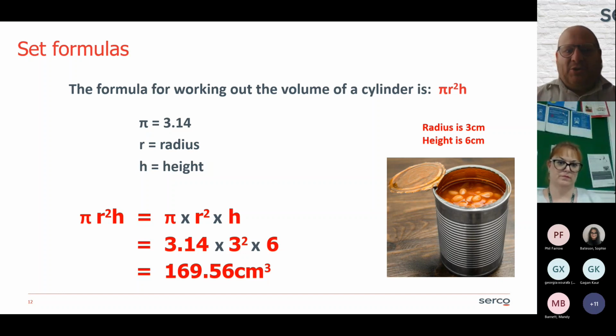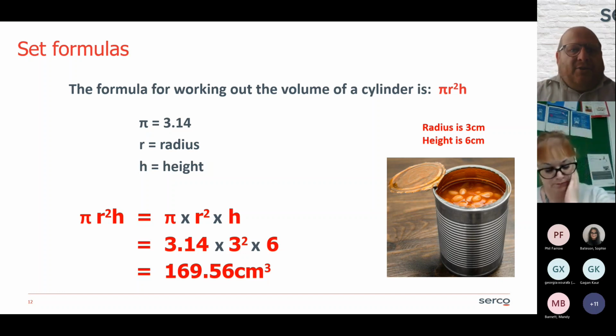Great. So as I said, we've got no symbols in there, but we do know that no symbols basically means it's going to be multiply. If it said pi plus r squared plus h, or take away r squared divided by h, that'd be great, but there's no symbol, so we multiply. We do pi is 3.14, which is a set value, as I told you. Radius is 3, so 3 squared would be 9, but I'll put 3 squared in there, and then the height is 6. So if we multiply those together, we get